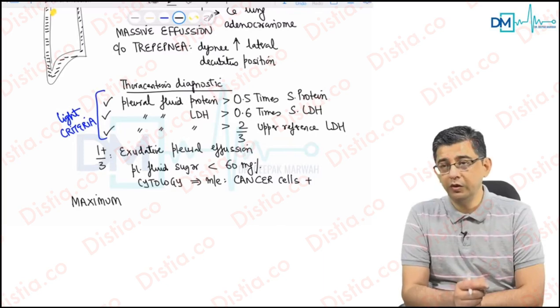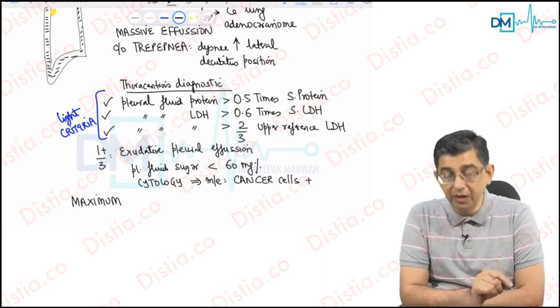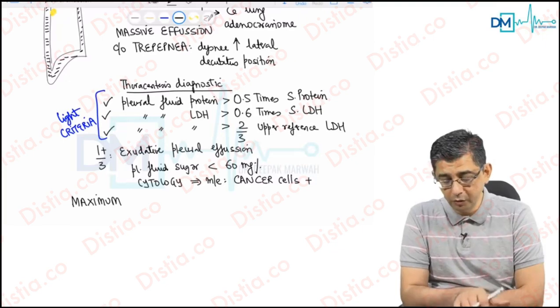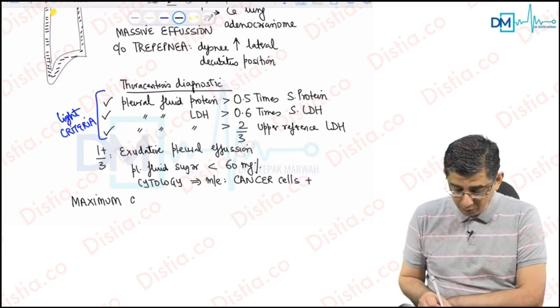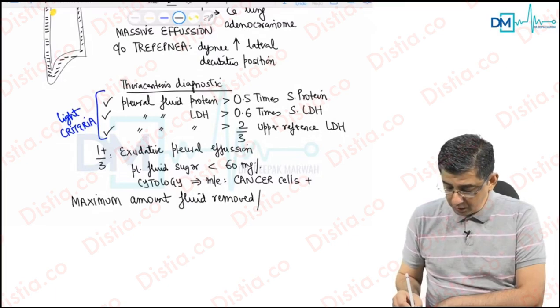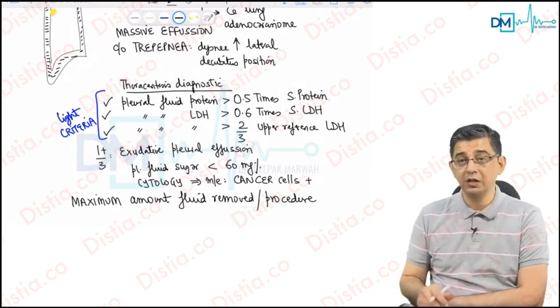So we need to do a procedure in this guy that is known as pleurodesis, where we will inject a sclerosing agent into the pleural space so that there is an obliteration of the pleural cavity and the fluid is not going to reaccumulate. If they say what is the maximum amount of fluid that can be removed, maximum fluid removed per episode of thoracocentesis, then the amount of fluid according to the British Thoracic Guidelines is maximum